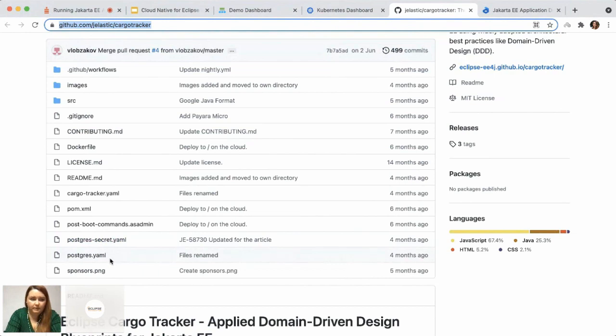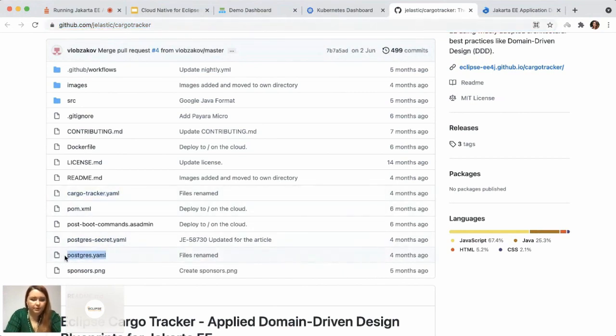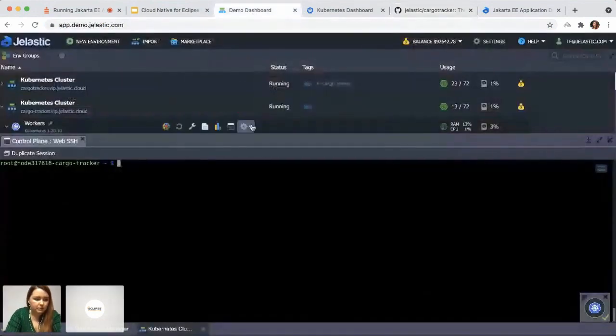Then the Postgres YAML that is required to create the PostgreSQL database, and also the Cargo Tracker YAML that is required for the deployment of the application itself. So we will start with getting the first file,